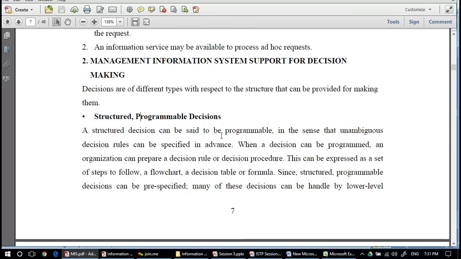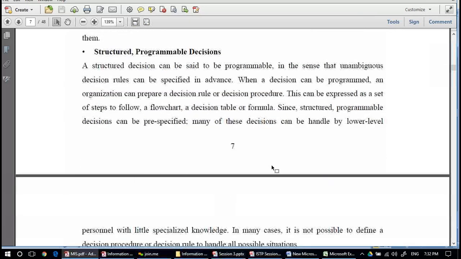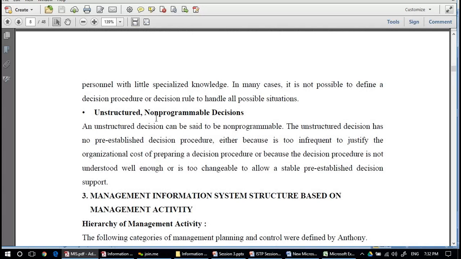A structured decision can be said to be programmable in the sense that unambiguous decision rules can be specified in advance. When a decision can be programmed, an organization can prepare a decision rule or decision procedure. Unstructured, unprogrammable decisions are to be handled by the